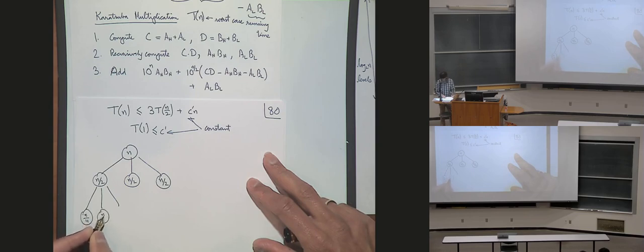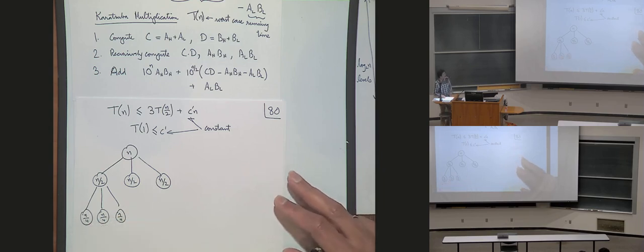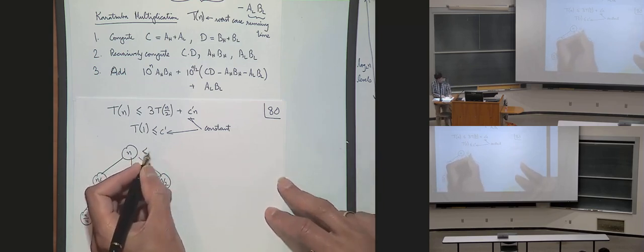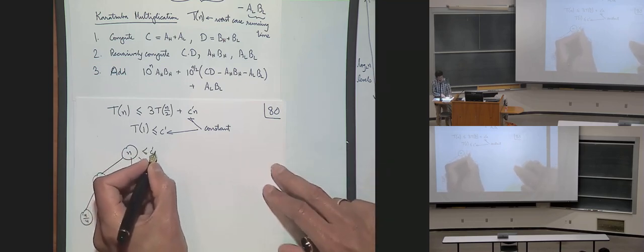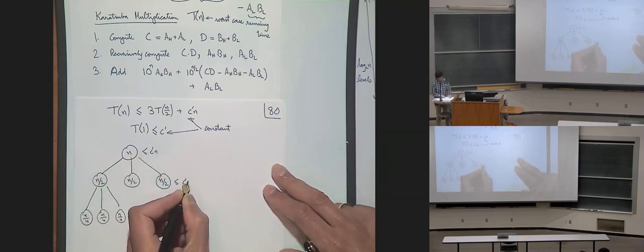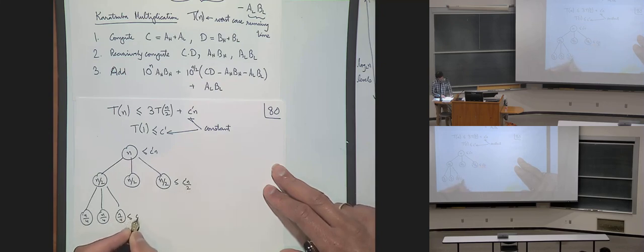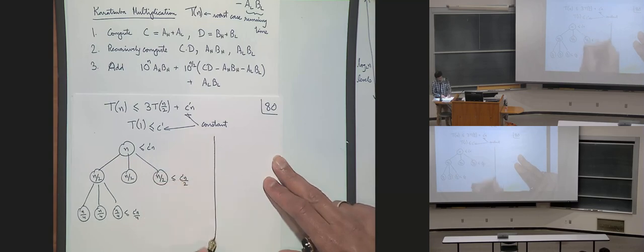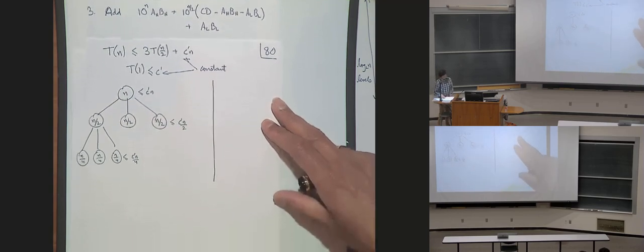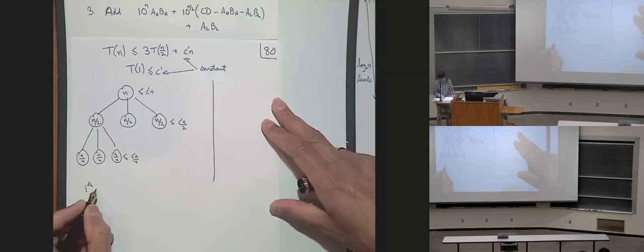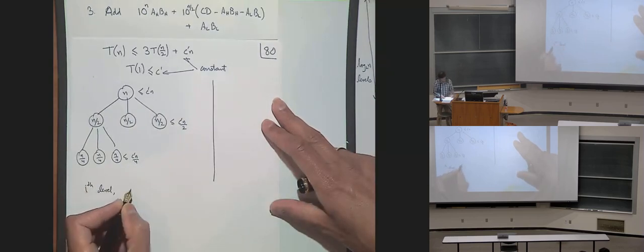N over 4, so on and so forth. And again, the work is again linear. So, some C prime n, C prime n over 2, C prime n over 4, so on and so forth. Okay? So, at the ith level,